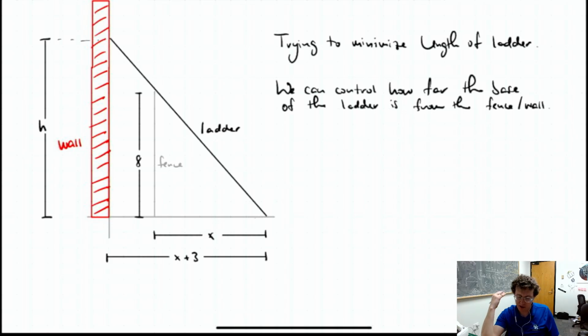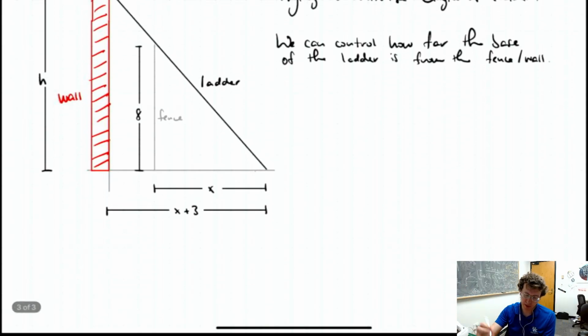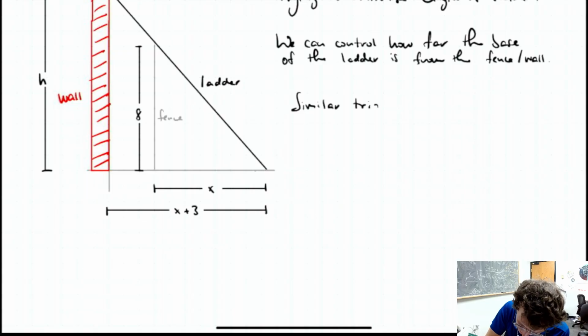When I'm thinking about side lengths of similar triangles, that makes me think I should use what I know about similar triangles, which is that ratios of corresponding side lengths are proportional. So because we have similar triangles,